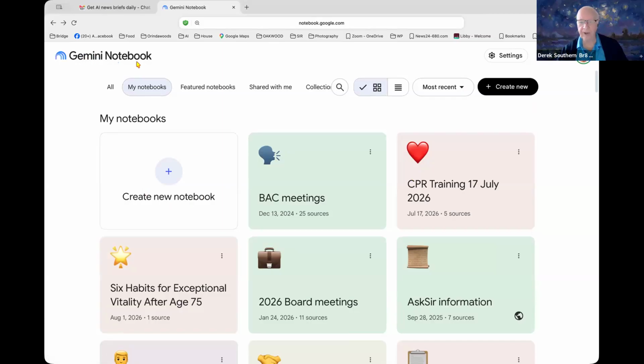Okay, so here we have what it looks like, a Gemini notebook. This is the actual product. You'll see, for example, I've got BAC meetings. I've got 25 different sources in there. For the CPR training, that I'm going to use 2 of their files, I've got 5 sources. So if I click on BAC meetings, for example,